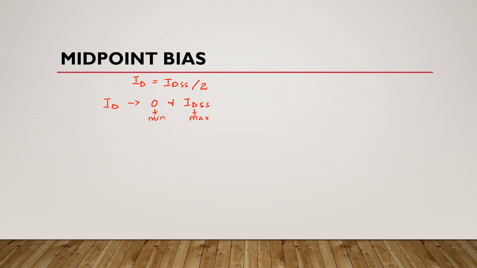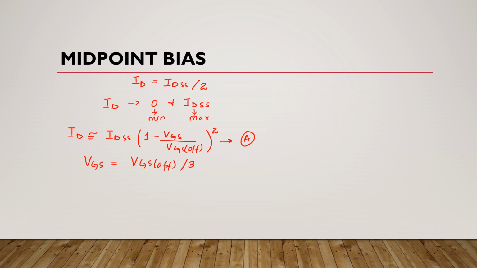Now we know that the equation of drain current is IDSS times 1 minus gate to source voltage divided by cutoff voltage, whole square. From this equation A, it can be shown that this drain current is approximately 1/2 of this IDSS when gate to source voltage is equal to cutoff voltage divided by 3.4. It means if we put this value of gate to source voltage in equation A, we get